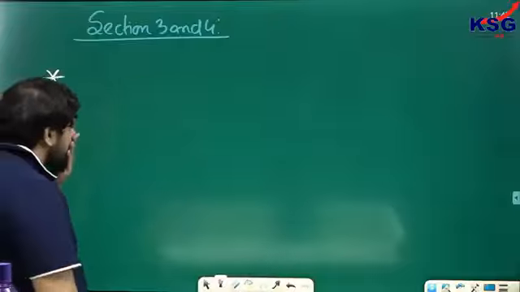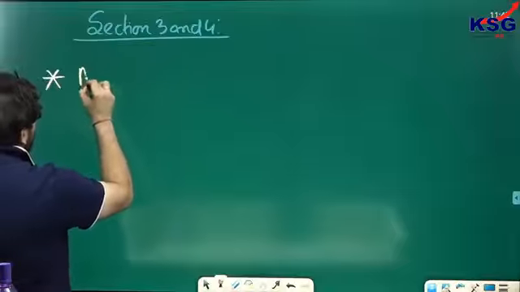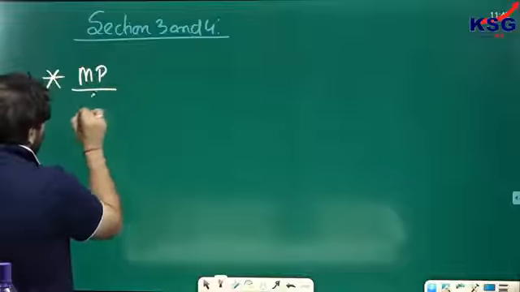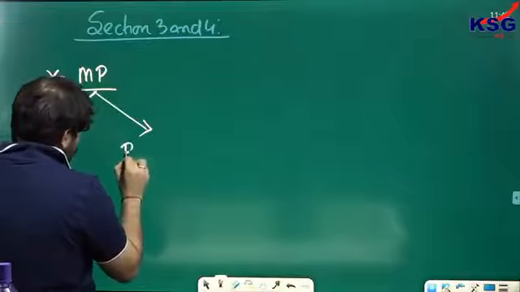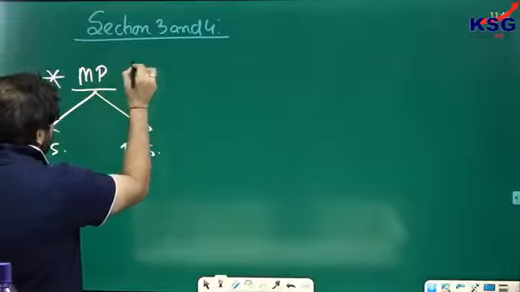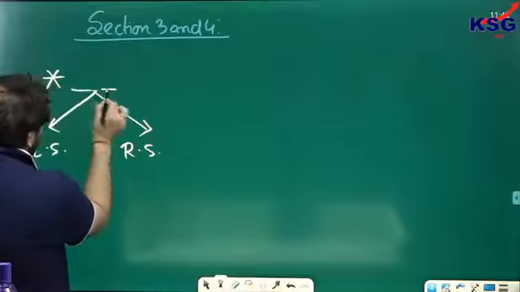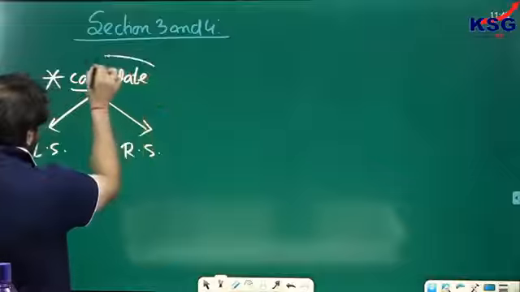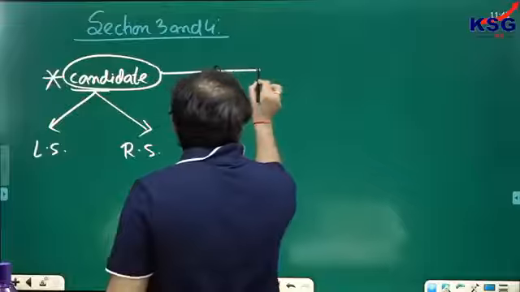Both these sections state that a person can become a member of parliament from the Lok Sabha or the Rajya Sabha under the condition that he is, let's say for example, if this is a candidate, provided that he is an elector